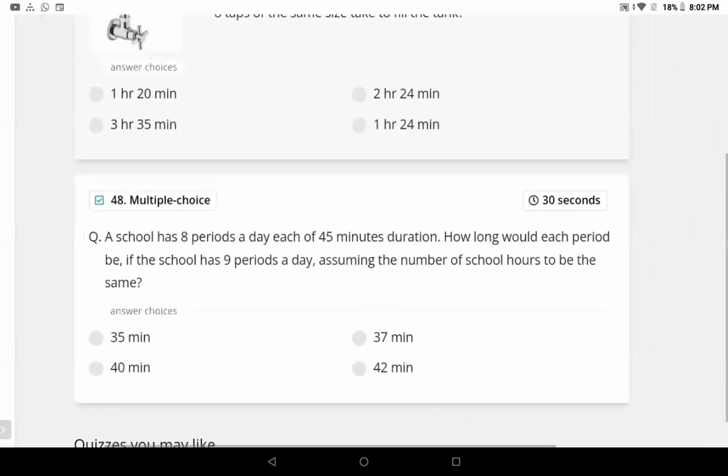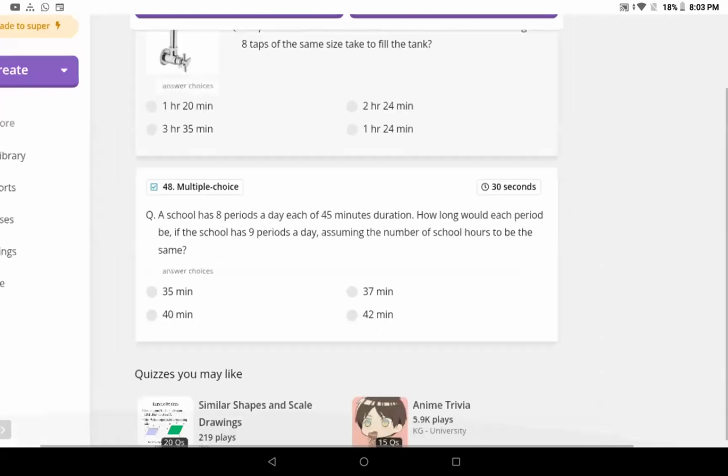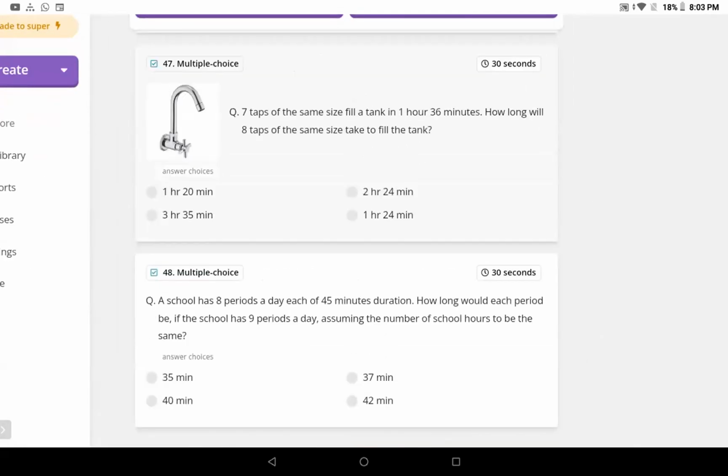Right, children. You only need to do two things when the question is given: first check whether it is direct or indirect, and whether the units are different or the same. If you are aware of these two things, you can do it easily, children. Ma'am, even this question is there in the textbook. Okay. That's about yesterday's test and this class.